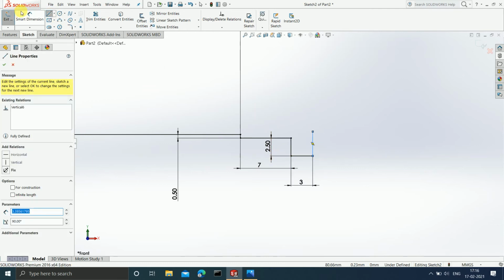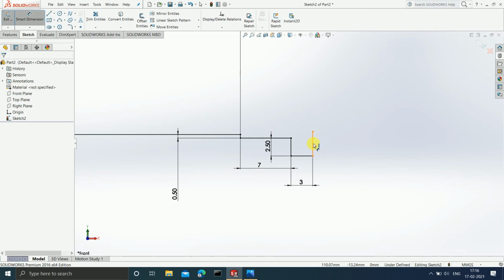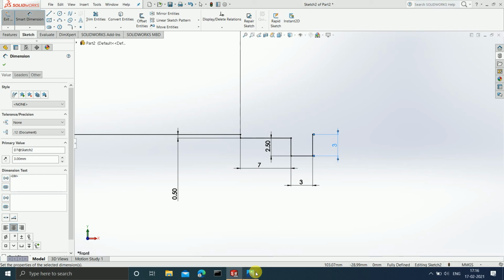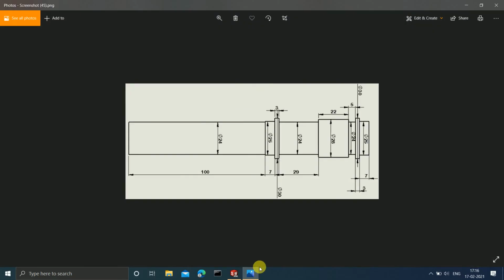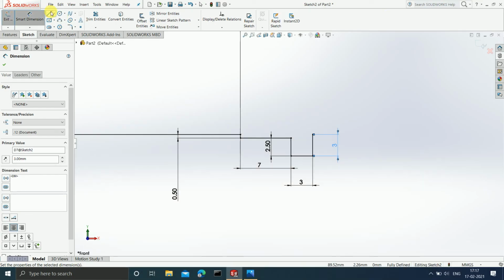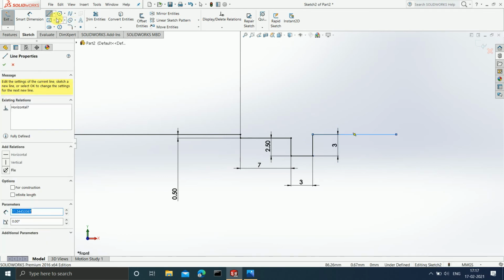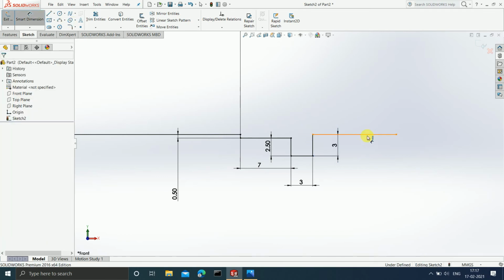Smart dimension, and 3. Now after this is done, again I am going to draw a horizontal line of 29 mm. So let's give the dimension to it as 29.